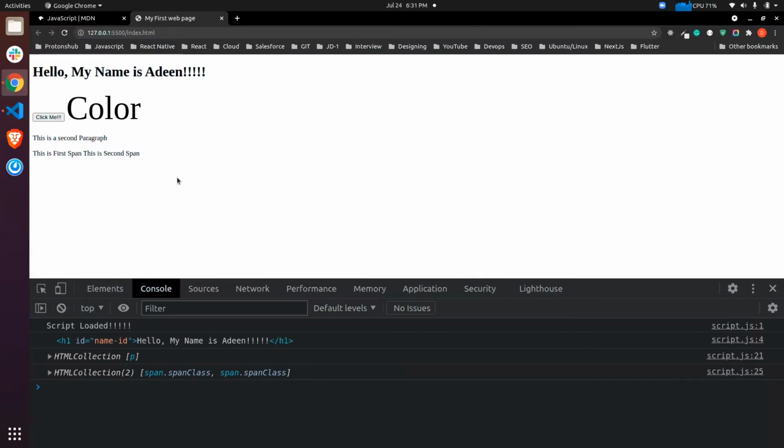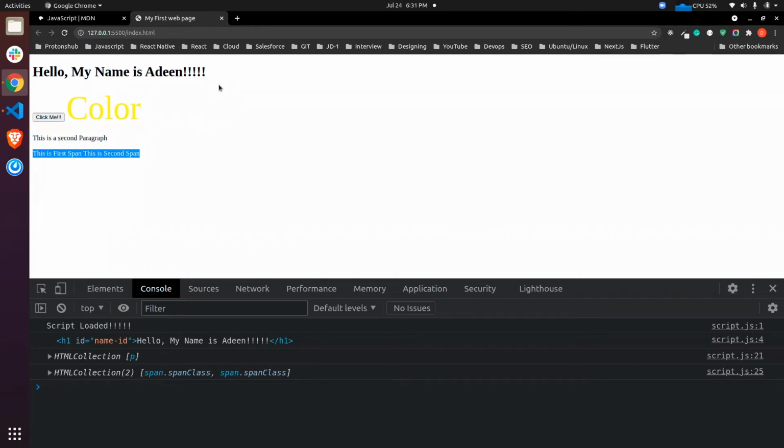This is also changed, right? So this is how we can manipulate the DOM. We have seen that we can manipulate it using the ID. If we have the ID of that particular element, if we don't have an ID, and you want to manipulate using the tag name, let's say paragraph, you can manipulate it. If you want to change using class, you can do it with class as well.